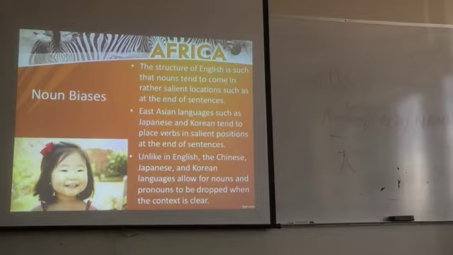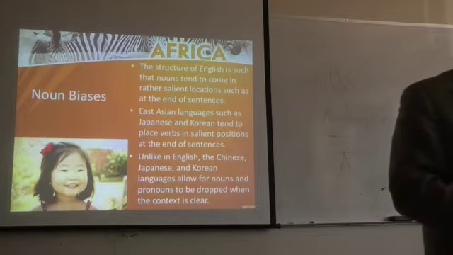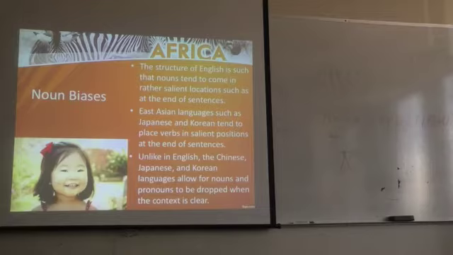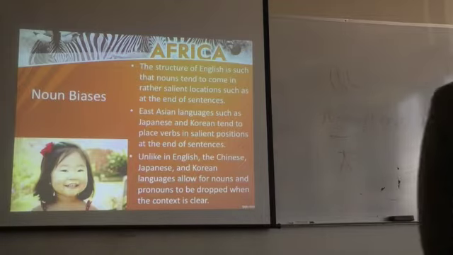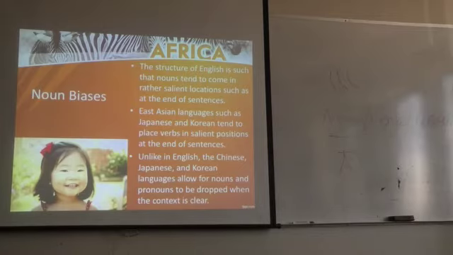When I was living in Nebraska, nobody turned on their turn signal when they were turning the corner. You know why? Everybody knew they were turning that corner. They always turn that corner right there. Same way with the Japanese, Chinese, and the Koreans. Everybody knows what the nouns are supposed to be, so nobody puts them in there. But of course, as English speakers, we want all those words in there. But of course, they leave them out.